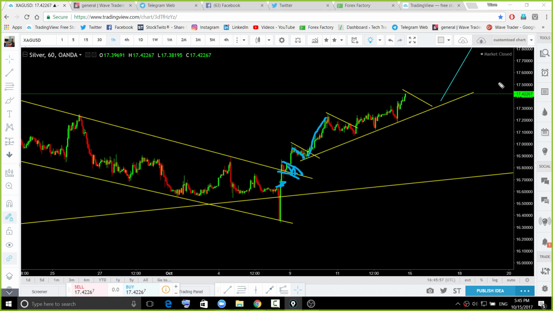So if you are looking to buy the silver, you need to understand that you are buying very, very late. Where was the price? Price was at this area, 16 something like that. Now price is at 1740 something. Any trade setup there for the upside is going to be short lived. If the market starts to rise aggressively, then you can hold that trade for further upside.